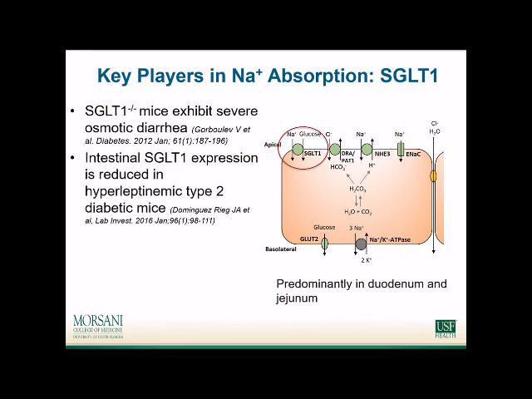This is often associated with obesity and type 2 diabetes, that if there is a presence of high leptin, SGLT1 is taken off the apical membrane. And if it's not there on the membrane, then we have to rely on other transporters and other ways to get glucose and sodium in. And so that's one